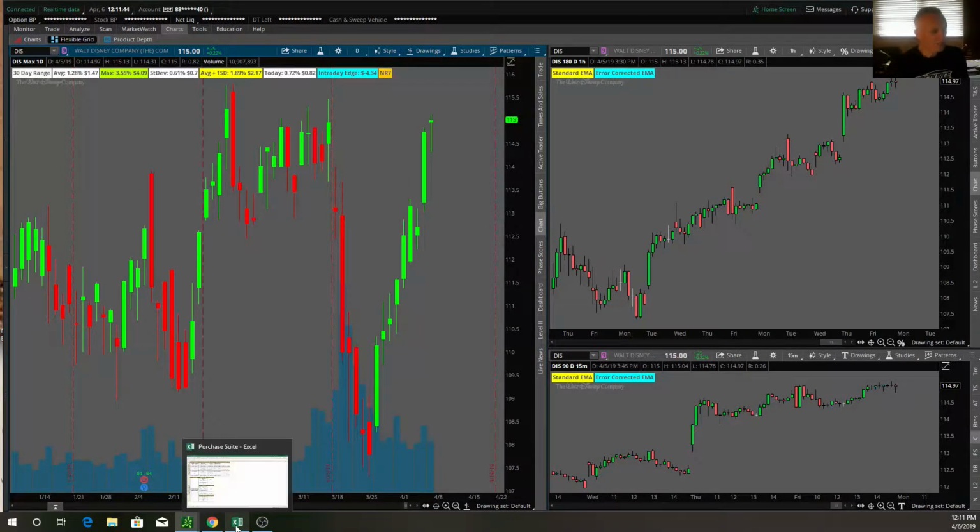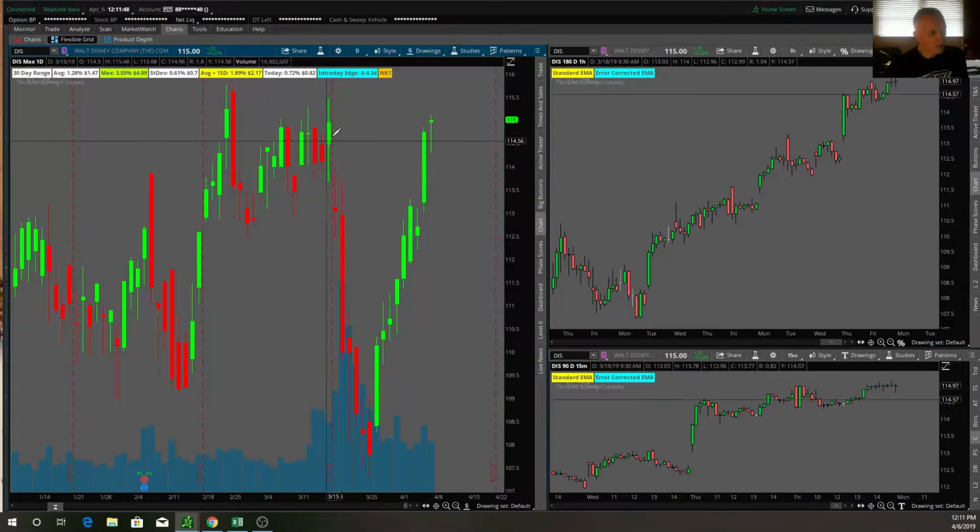So again, what you're looking for are those changes. The changes from green to red. Look at that right there, that move. Look at where it changed from red to green. So now this bar right here, you're looking for up moves. I mean, if you can't make money with something like this and just focus,